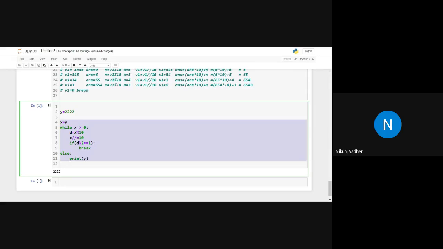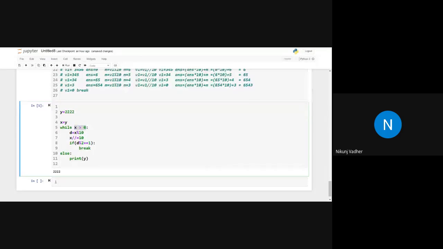Okay, but you just try to recall. If the loop is terminated with the break, in that case, else won't be executed. When will else be executed? Whenever the loop terminates because of this condition. This else will be executed if and only if the loop is terminated because of this condition.